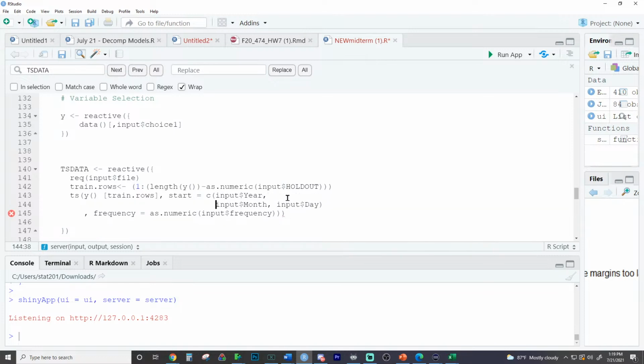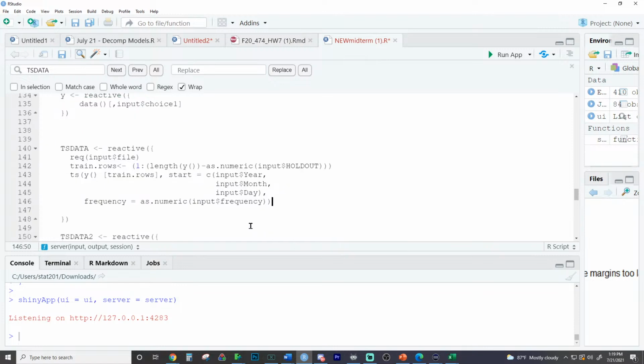Sure, we'll do this. There we go. Okay. No, the comma doesn't go there. What am I doing? There we go. Oh, it's mad about this now. Okay, so now the frequency is a separate argument. The problem is that frequency was being used as a concatenation inside of here.